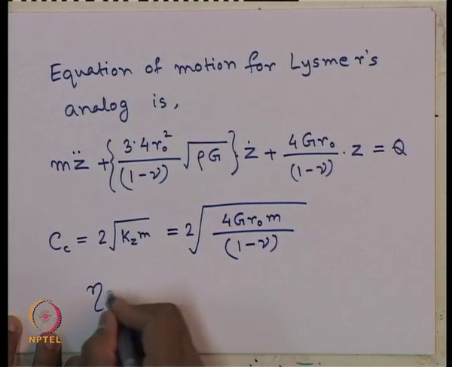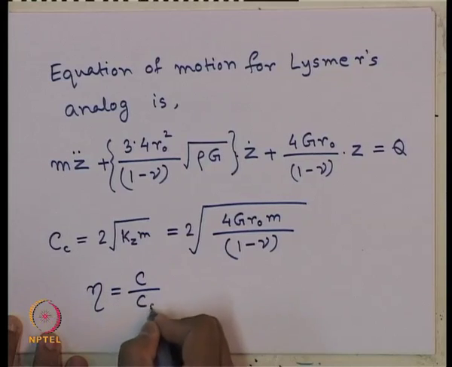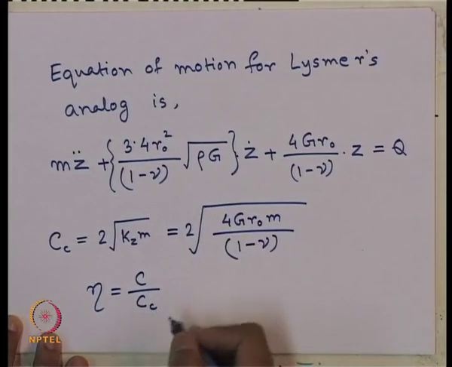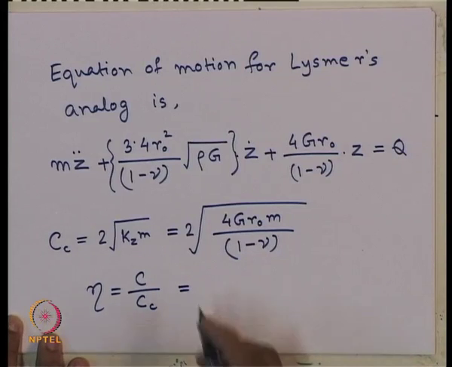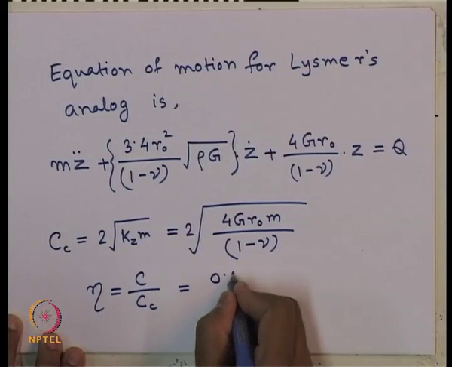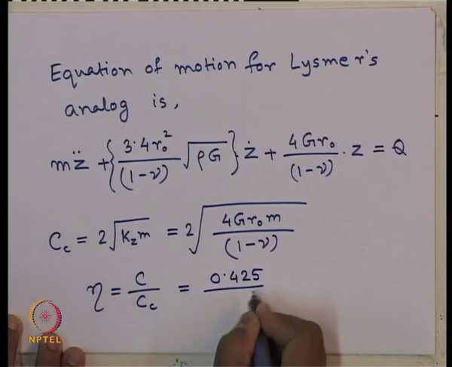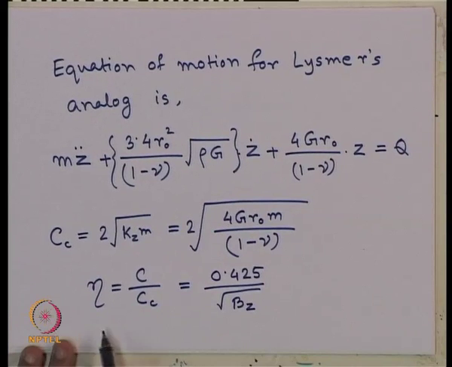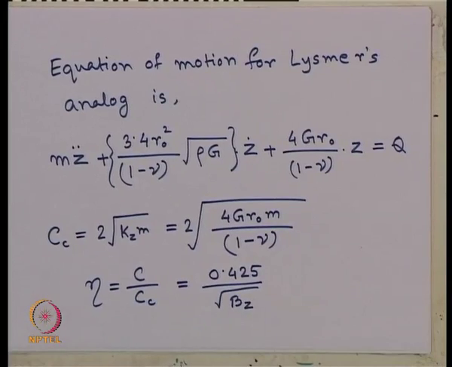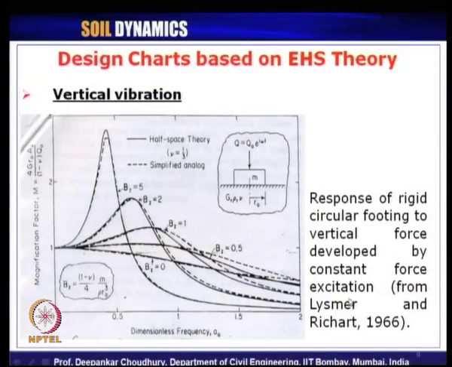So, the damping ratio is nothing but C by C c, C is this one. So, if you put these things and then simplify in terms of B z, it will give us finally 0.425 by root over B z. This is the expression for damping ratio, 0.425 by root over B z. Okay? And if you look at the Lysmer chart